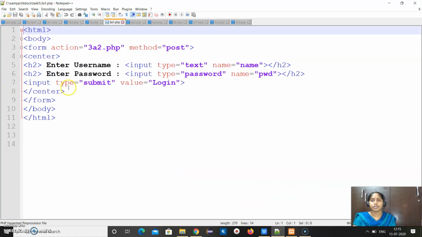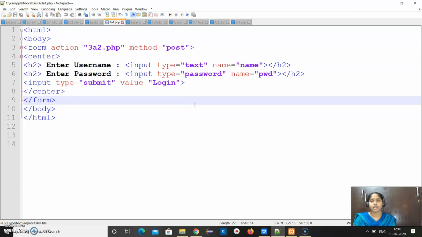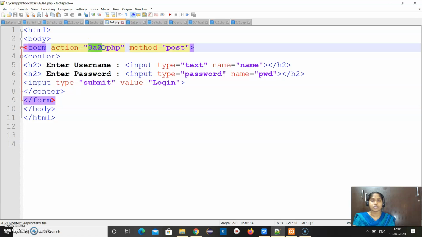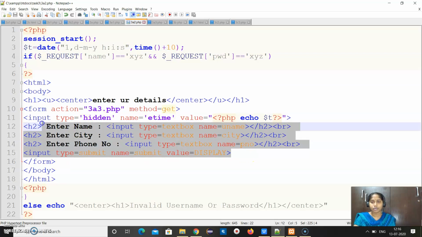Now coming to that program, as you know, the first thing we need to create is the login form. For the login form, you can take the login and password fields. You are already very familiar with HTML, so you need to take input type box, and the action should be for the second page. We need to enter the name, phone number, right? The second page will be the action, so I took it as 3A2 and this page is 3A1. Now coming to 3A2, first it should ask for city, name and phone number, right? The text boxes and submit button, this part you already know.